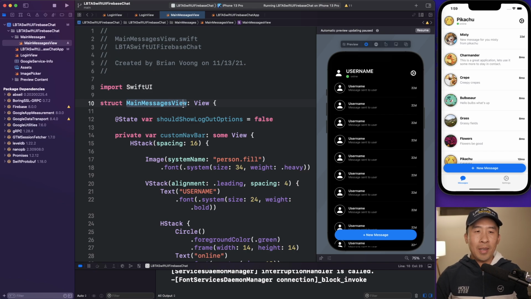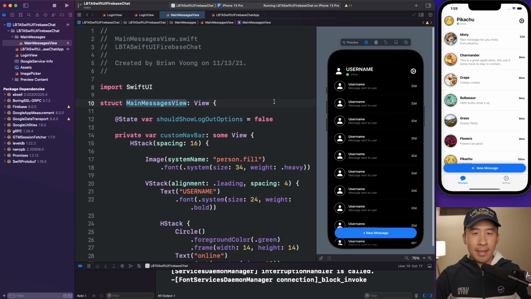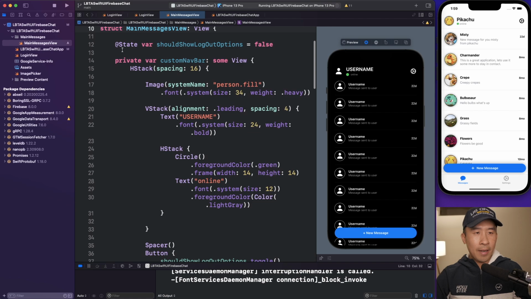Last episode, I put out a silent video on how to build out the main messages view right over here. And a lot of the code was just pure UI. So that's kind of why I just left it as silent. Most of this is just SwiftUI code. It's nothing too hard to follow. It's very straightforward. And once you have all of the code inside of your editor, you can start rendering out